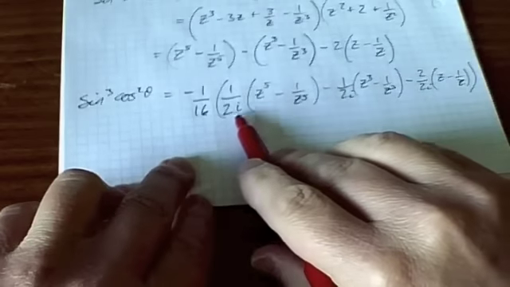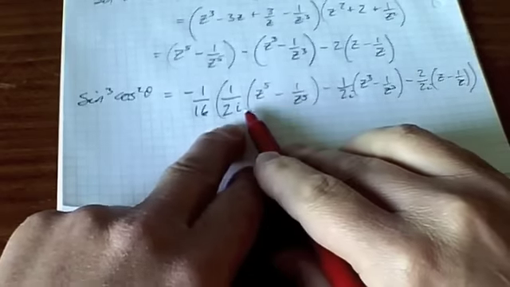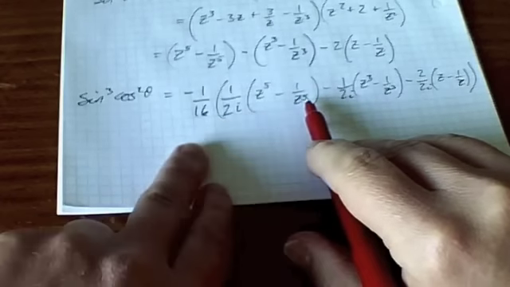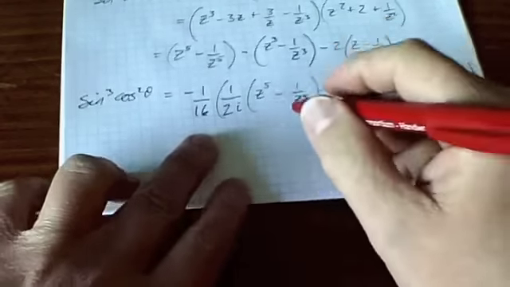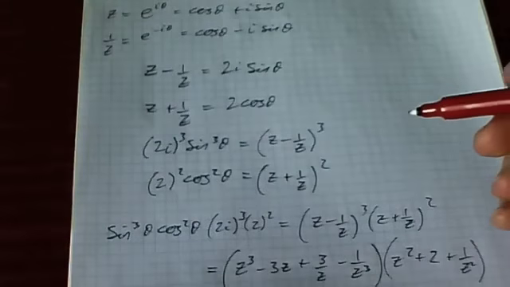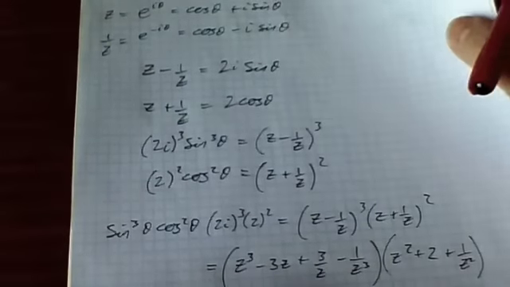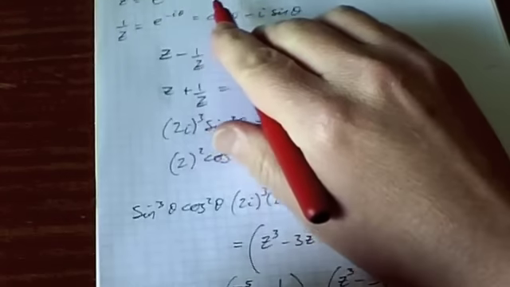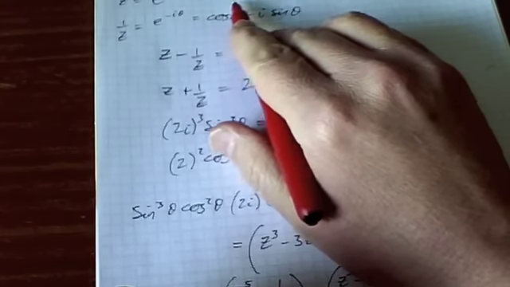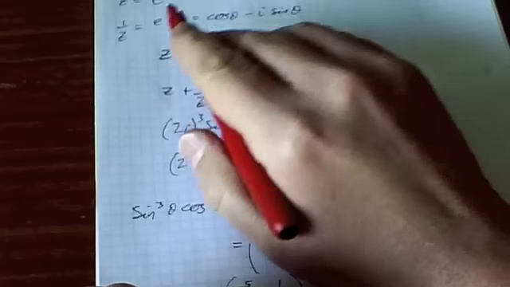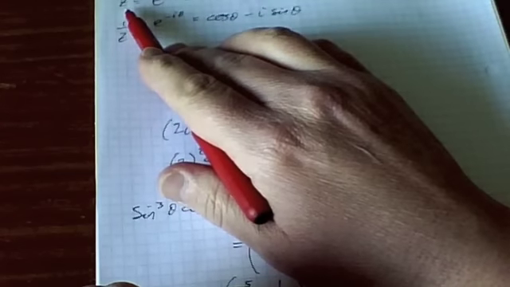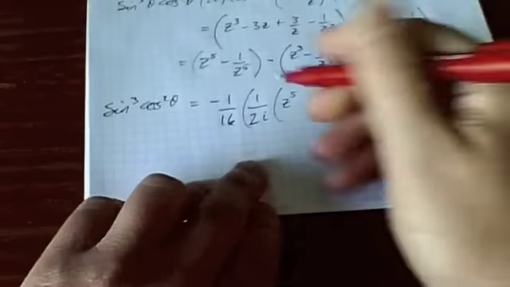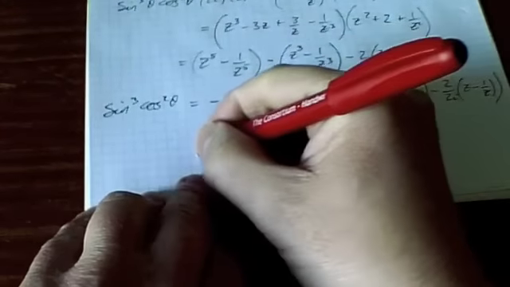And this structure here, 1 over 2i, z to the fifth minus 1 over z to the fifth, is sine 5 theta. If you were to do cos 5 theta plus i sine 5 theta, it's then equal to z to the fifth. You'll see where that comes from, but it's one of the standard results, one of the standard techniques, and